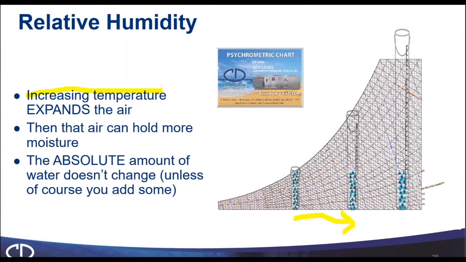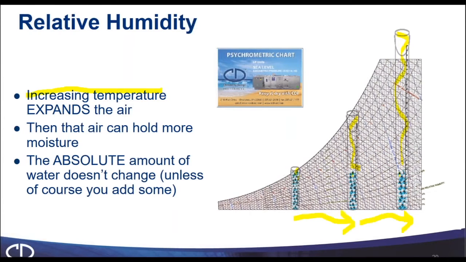As we do that, the relative humidity goes down. The second condition is 70 degrees and 40% relative humidity. We keep warming that air up to this third condition, which is 90 degrees and 20% relative humidity. The actual amount of moisture is not changing as we do that, but the relative humidity is changing significantly. See how much more moisture can be held as we warm this bucket of air up or take that CFM and expand it. So the warmer it is, the more moisture it can hold, and it's really an exponential growth curve of how much moisture can be held.